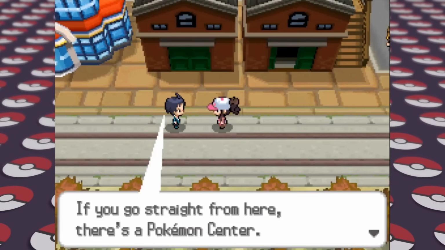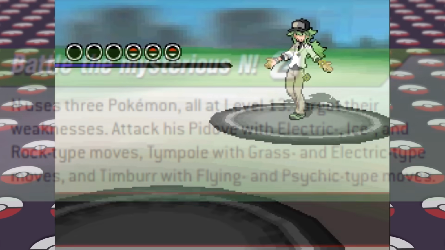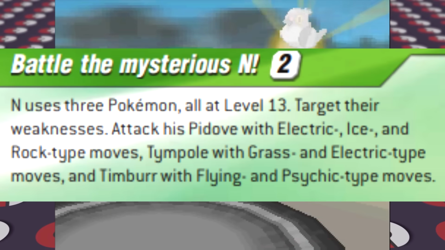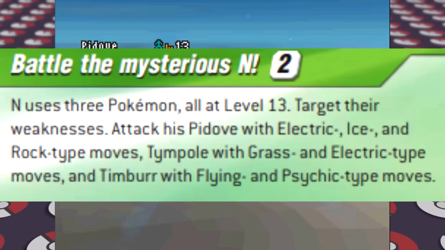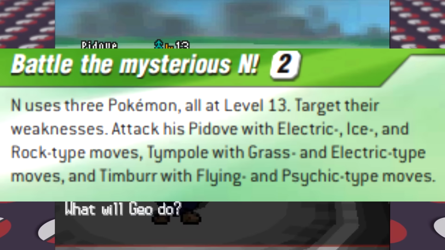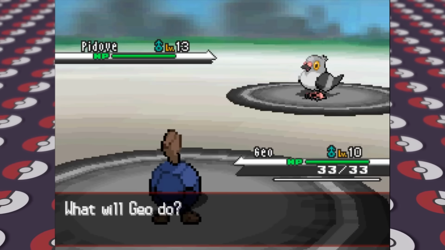I head towards the gym/museum first, battle N, and the guide actually recommends specific types for this battle, and I have 2 of the 3 recommended types so far. The only types that I don't have are Flying or Psychic, which it recommends for his fighting type Pokemon, but maybe later on we can find another Flying type that we can use Fly on, or possibly a cool Psychic